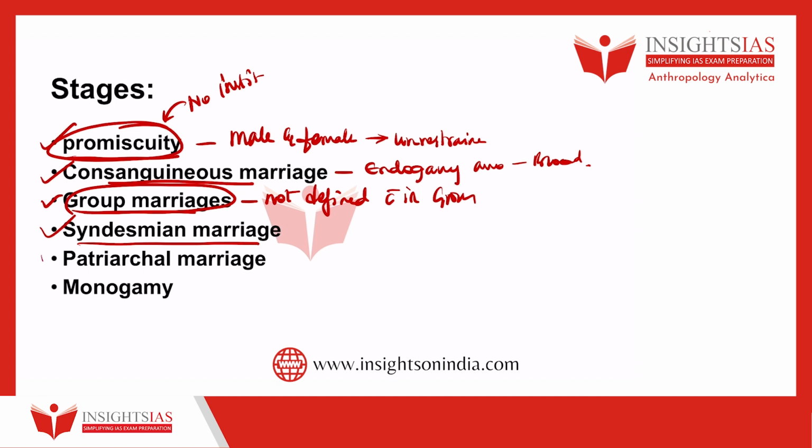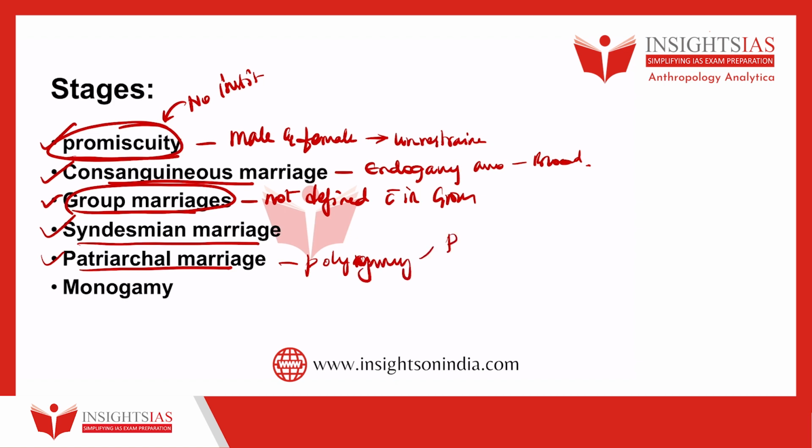In the next stage, we see patriarchal marriage. In this patriarchal marriage, men could marry several females. That is polygyny, or this stage is about polygamy. So males could marry several females and they lived separately from each other. If the society was matrilineal, then Morgan says that we also see polyandry. So this is the stage of polygamy,